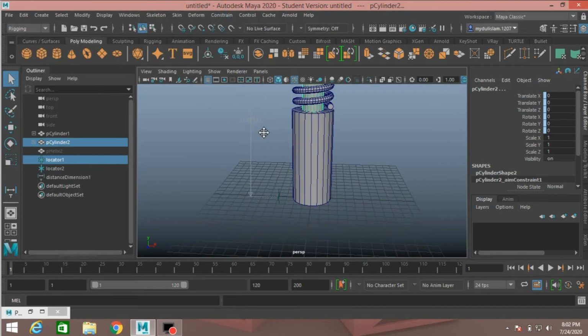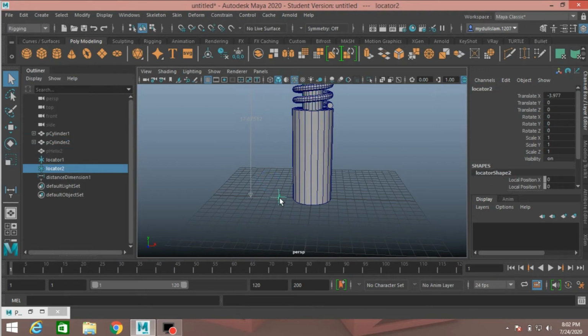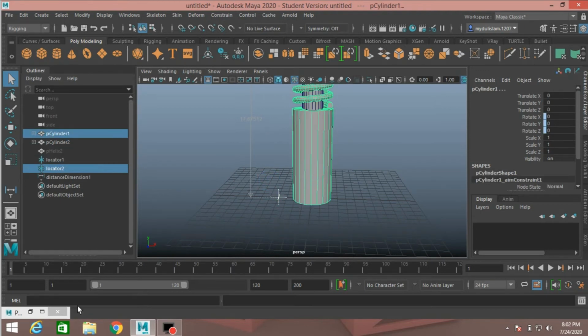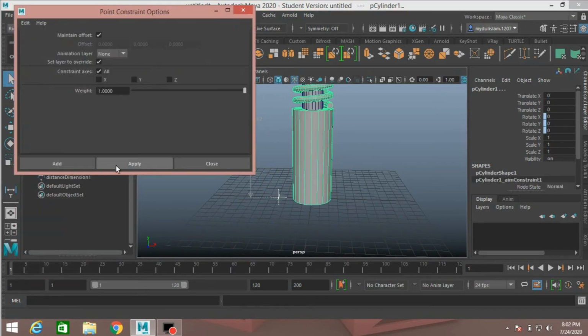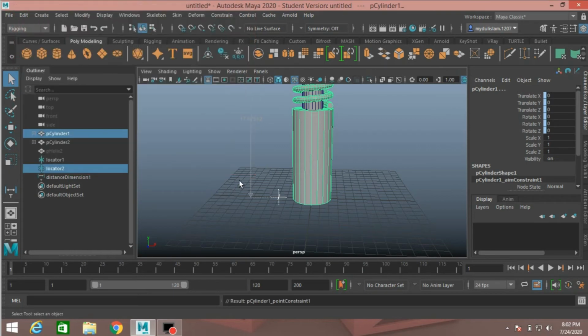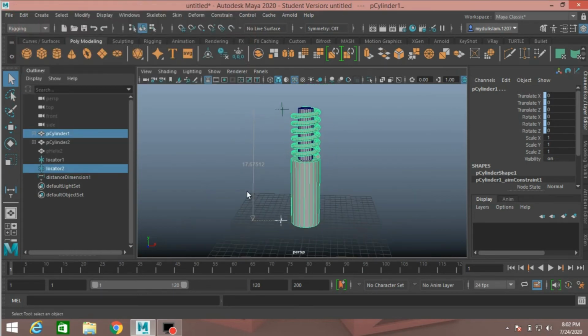Again select the lower point, shift select the cylinder 1, again click apply, with maintain offset, close the point constraint option box.